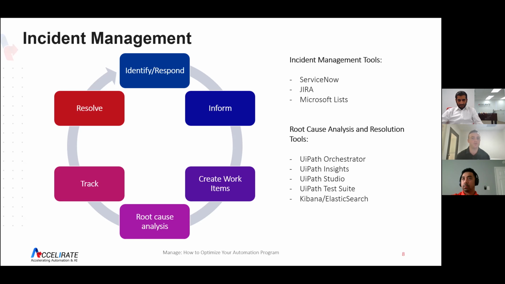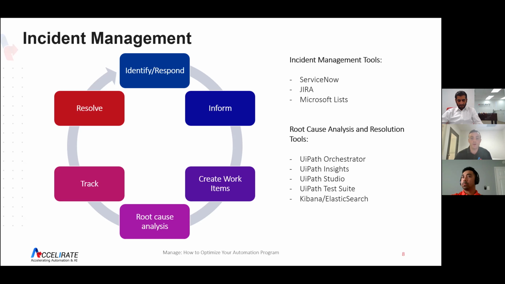Next would be to inform users or respond to any user requests, making sure that there is constant communication whenever there is assistance needed. Next is to make sure you're creating work items in an incident management system, such as ServiceNow or Jira or Microsoft Lists, whatever tool your organization decides to use, as long as it's keeping track of what's occurring,